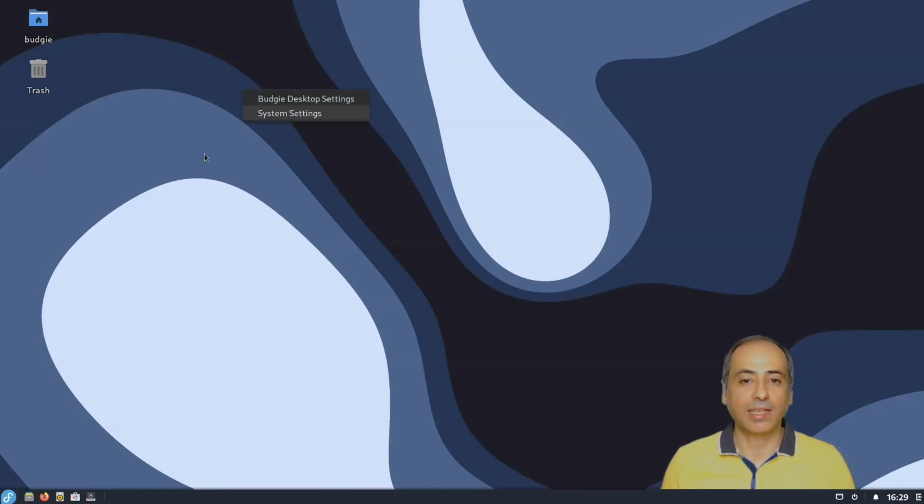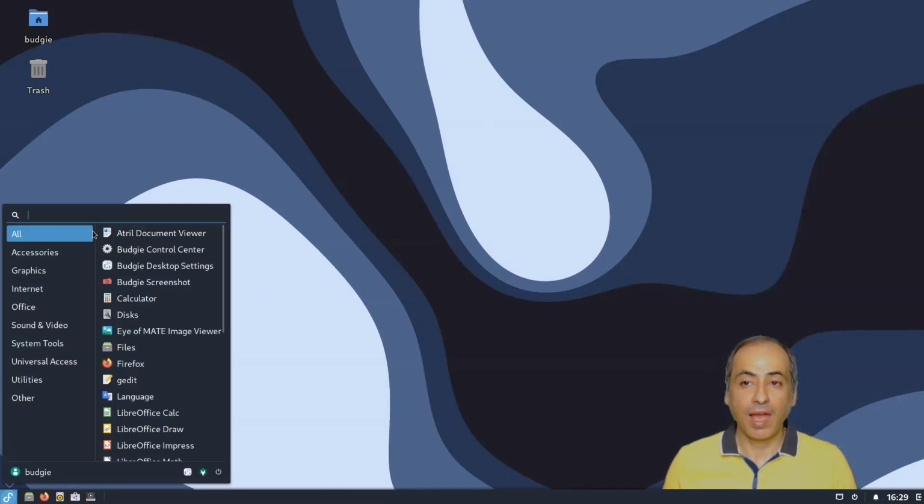Like you can't right click and create a document, all of this. They put all the documents elsewhere to force you to not use the desktop, in order to keep this desktop clean and simple. Here we have the start menu, and if you notice, it has a search bar